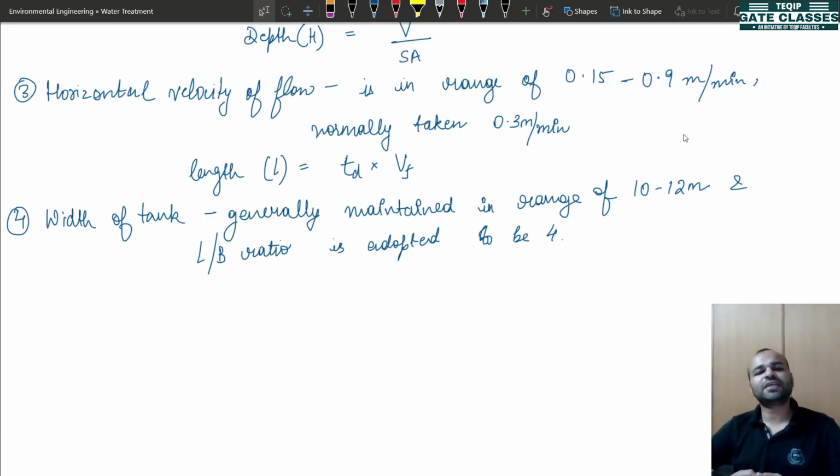Now, second thing we need to consider when we are calculating the depth of the tank is that this analysis will give you the depth of the settling zone, but we need to find out the depth of the entire tank, which also includes the depth of the sludge zone. So for that, the water supply manual recommends that for the sludge zone we need to maintain around 0.8 to 1.2 meters. So that we will add to the depth capital H additionally.